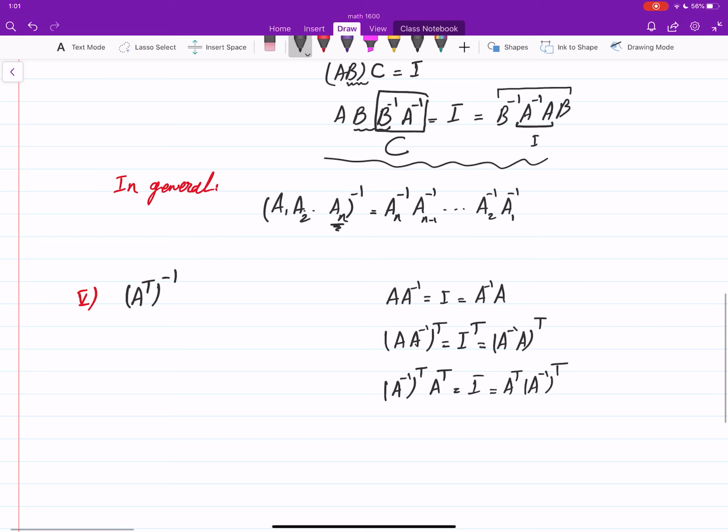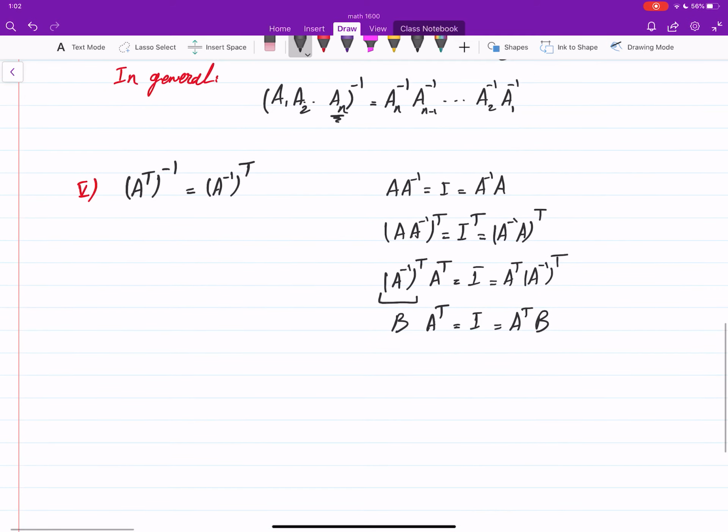You see what happened here is that I found the matrix that, when I multiply with A transpose from the left or from the right, I get identity. This means that the inverse of A transpose is A inverse transpose: you first find the transpose and then find the inverse. And the last thing, which will give us a very nice property, I'll